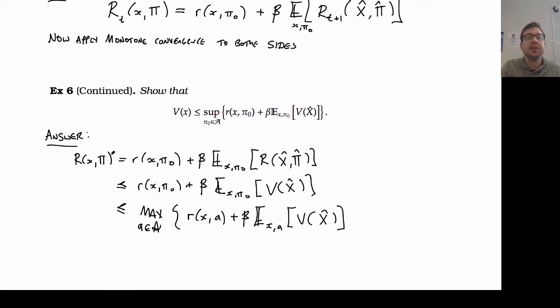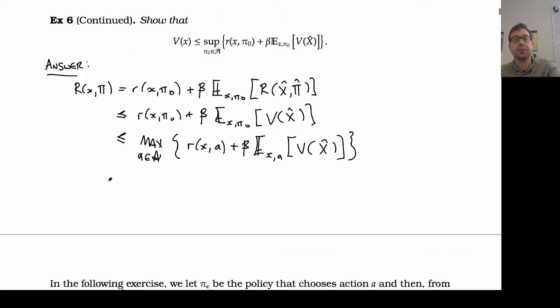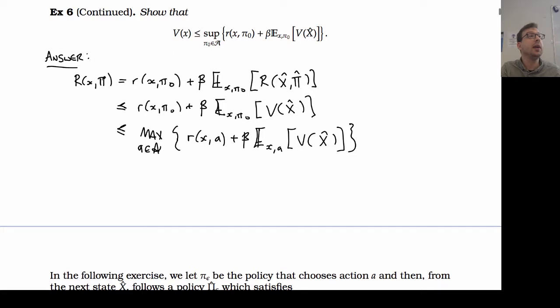I've got an expression that says no matter what I put in here as a policy, it's always going to be less than this. Does everyone agree with that? Notice this expression doesn't depend on the policy pi that I've chosen. So it's an upper bound for all reward functions and all policies. Now if I maximize this expression over pi, I'm going to arrive at v. So if I maximize now the left-hand side,